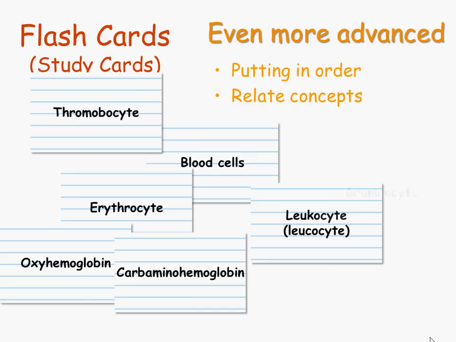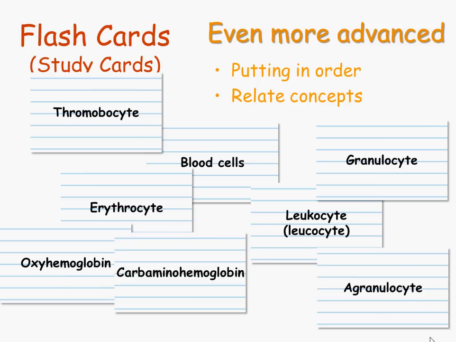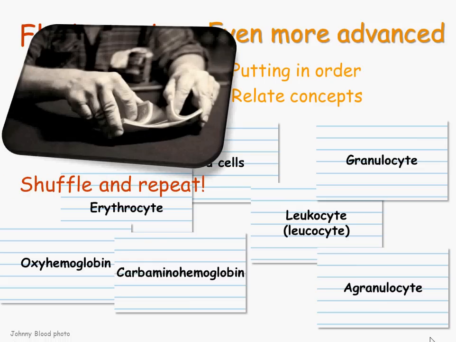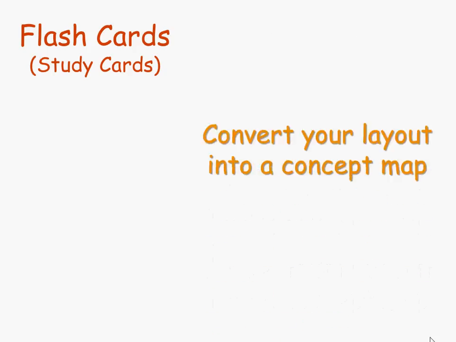kinds of blood cells. Then we find these two other cards, granulocytes and agranulocytes, and those are categories of leukocyte. So you can see we're laying them out in ways that show us relationships among these concepts or among these terms. So what you want to do is shuffle them up and lay them out there again and rearrange them. And the next time you might find slightly different relationships, because there are sometimes more than one kind of relationship among different concepts. So it's going to help you explore those relationships and kind of learn what they are. And if you keep practicing this over and over, then again, you're going to really be learning those relationships, not just the basic facts, but how they relate to one another.